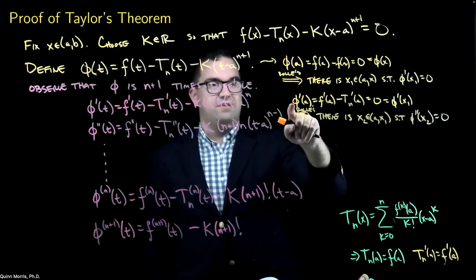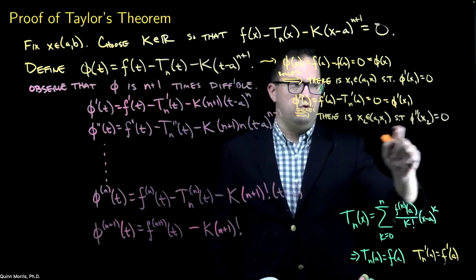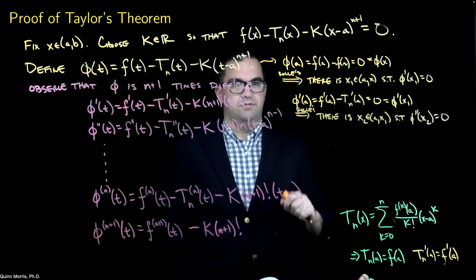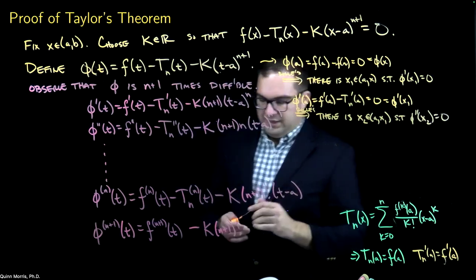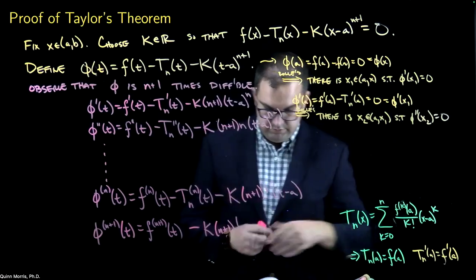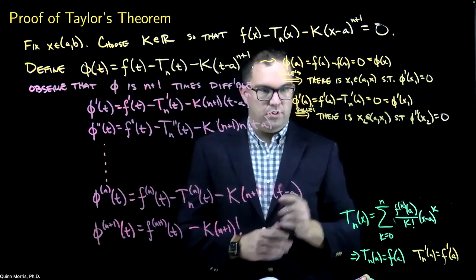So now the derivative of phi prime is equal to 0, or phi double prime is equal to 0. Okay. Now, we're going to keep doing this to obtain,